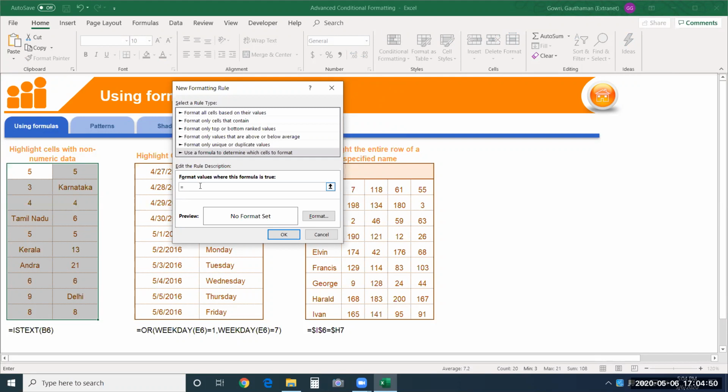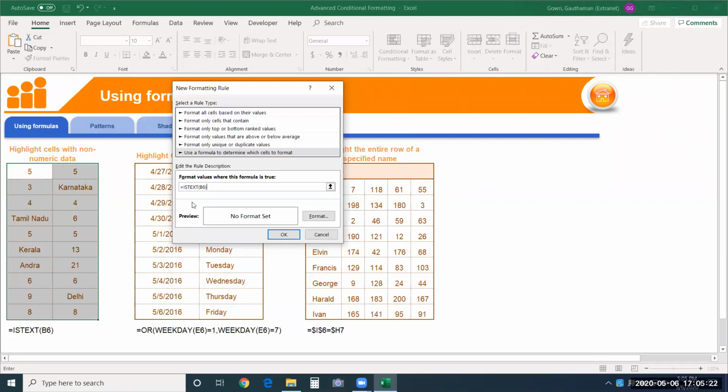I'll say ISTEXT of this particular cell. So you need to choose only one of the cells. See, you have already decided where exactly this condition has to be applied. In that selection, you should choose the starting cell. That's more than enough. And that will be applied on all the other cells in your selection.